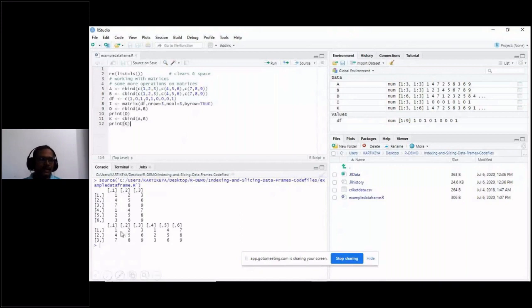Say A 1 2 3 4 5 6 7 8 9, and the B matrix is placed here, 147 258 369. Okay, so like this we can add two matrices, not addition, we want to rearrange the matrix. So matrix elements can be rearranged, or you can add rows or columns by using the command rbind or cbind.